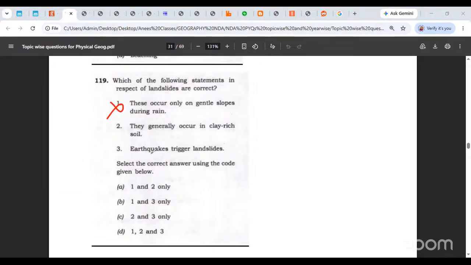What do we do with that clay rich soil? Does it have anything to do with a landslide? Does it have anything to do with lubricating water? You find it more interesting. The person next to you. We are talking about the second statement in question 119. Earth to everyone. Speak.